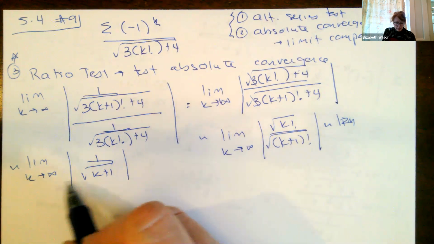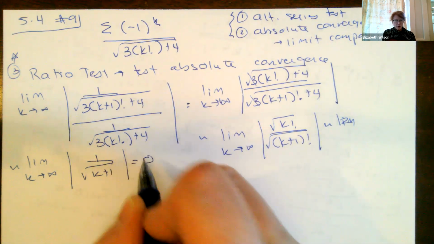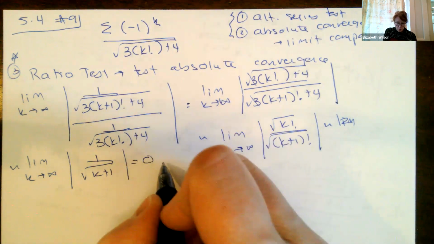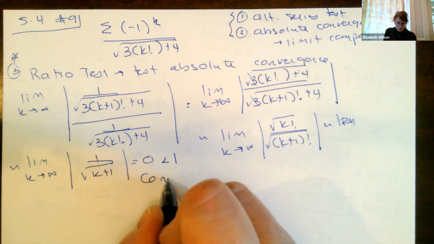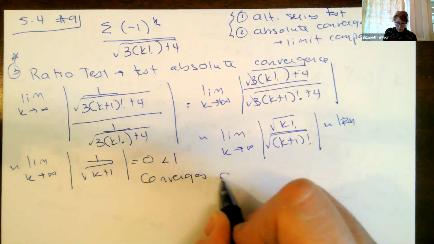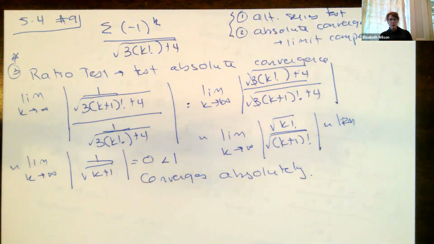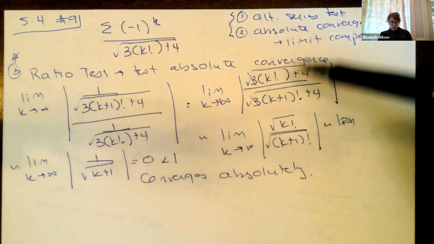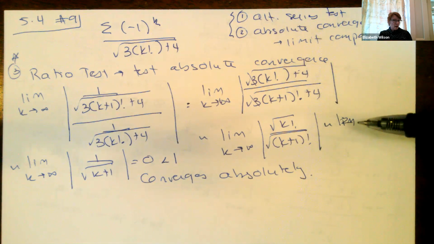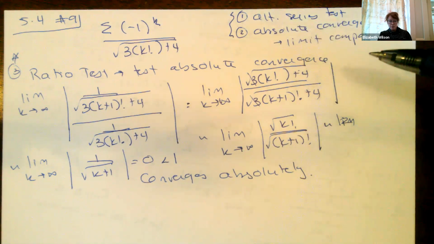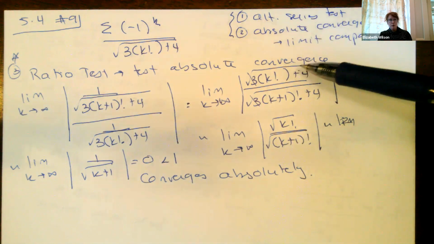Because of this, the limit goes to 0, which is less than 1, which means it converges. And I'll say it converges absolutely. And then I'm done. So I've saved myself a whole bunch of time. The only problem you might have with something like this is if you try jumping right ahead to it and it's inconclusive, and then you're like, uh-oh, now what? So then you have to go back and check it individually,